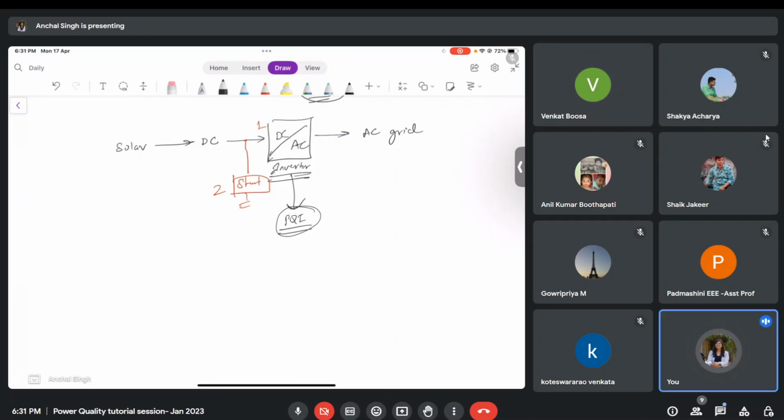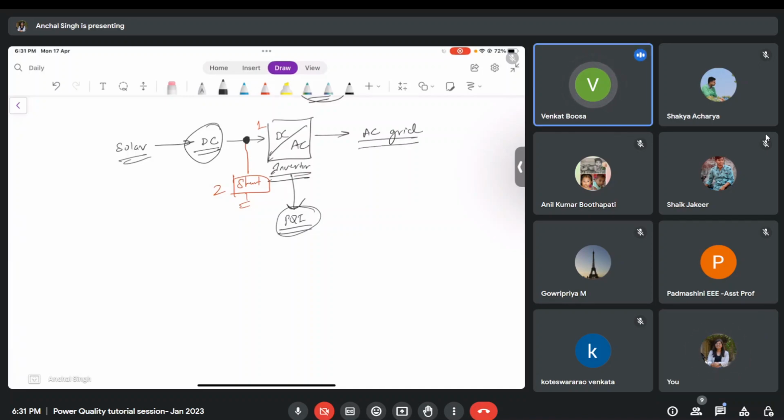Yes, if it is battery, then you don't need it. But solar is giving power in the form of DC, right? And it is variable in nature. So you need some kind of compensator here in order to give a fixed kind of supply. Because of the intermittent nature only, you are putting a compensator, madam. So, power quality improvement. For intermittency problems, there are a lot of things, and we'll be discussing that in today's lecture.